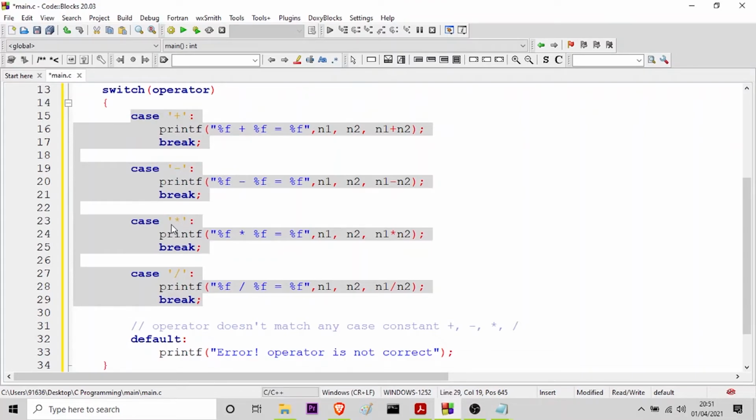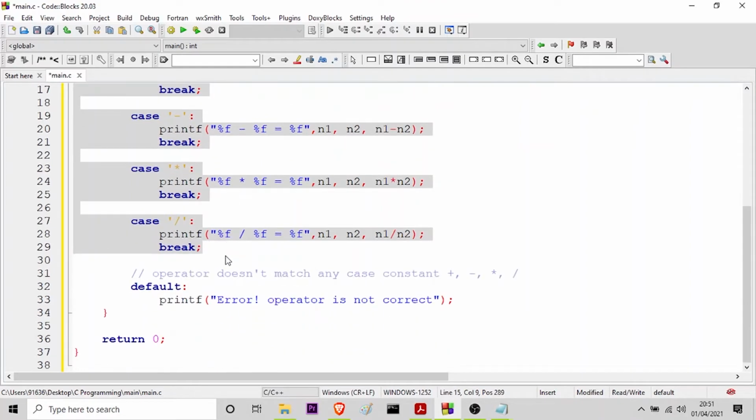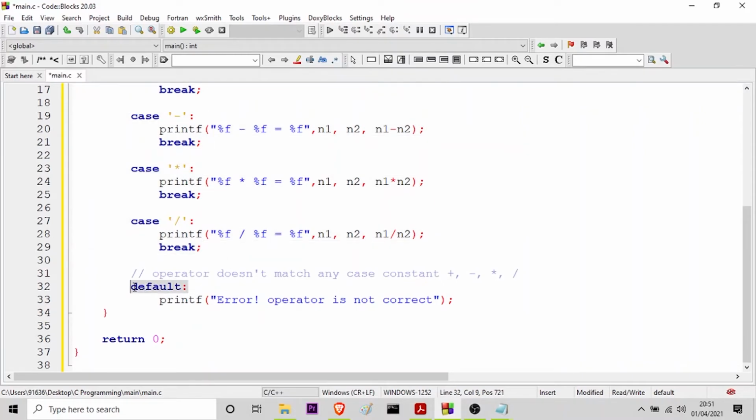In this case, it will be multiplication, and it will calculate the product, and then it will break. Or else, in this case, it will be division, and it will calculate n1 divided by n2, and then it will break. Or suppose all these four cases are not true, and the user provides any other character, then it will print the default statement, which is error, operator is not correct.